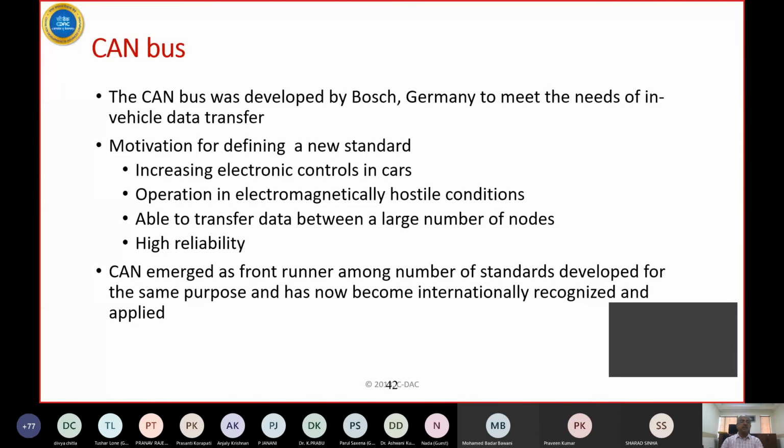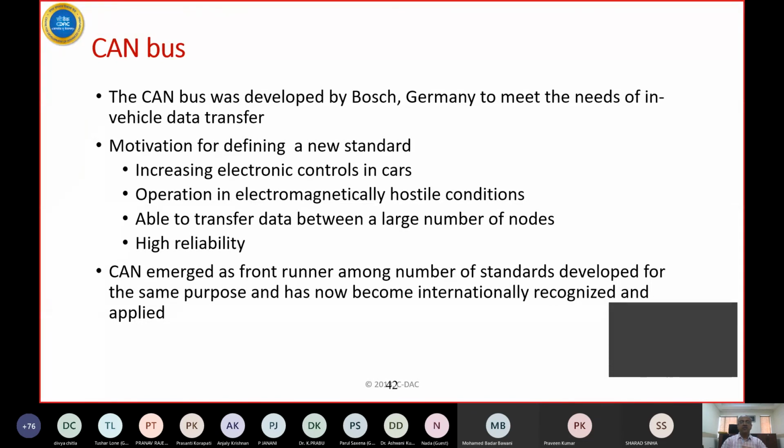So you had a need for transmitting data between various nodes inside the car because it started getting intelligent, beginning with the ECU. But this transmission was not like what RS-232 can do, because it was operating in electromagnetically hostile conditions, in the sense that there is too much EMI and EMC interference, and the number of loads started getting larger. So not just 2 or 3, but maybe 20, 30, or 50, 60 of them. And this has to be done with high reliability in a condition which is not conducive to error-free transmission.